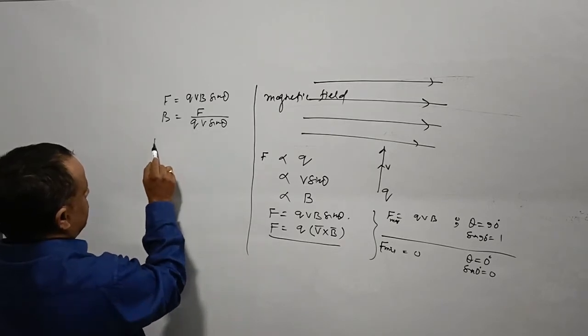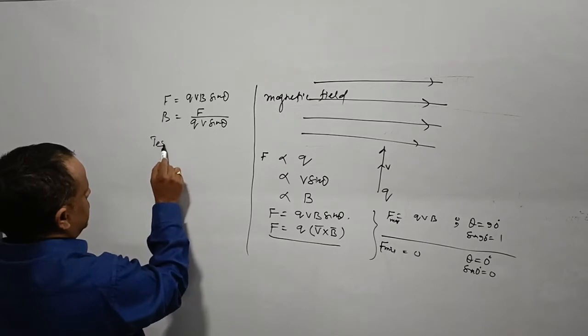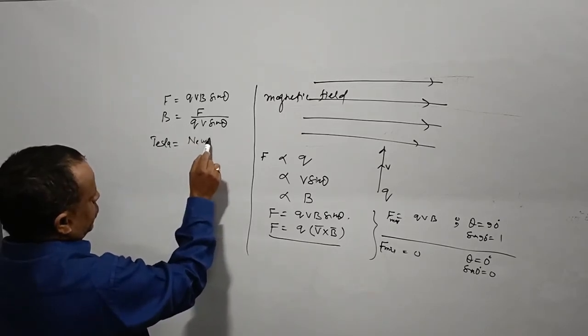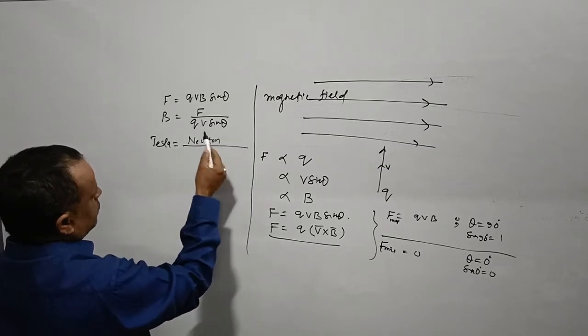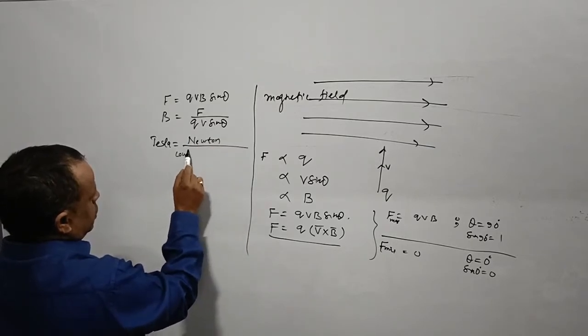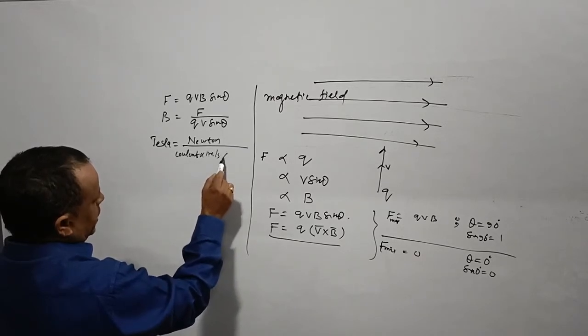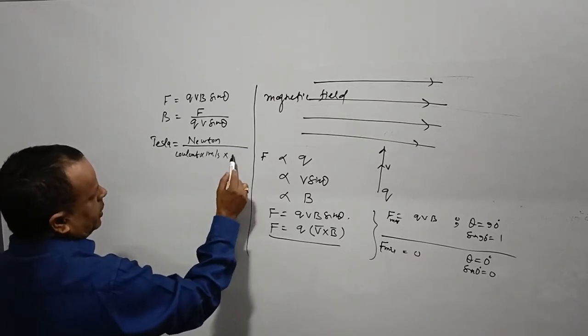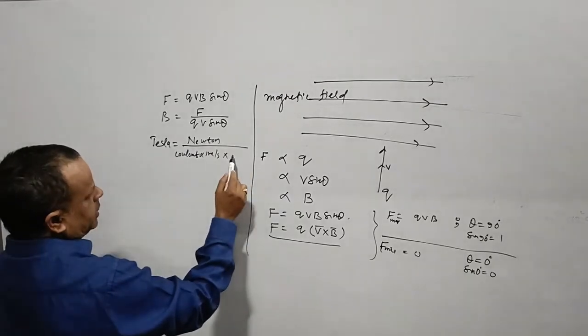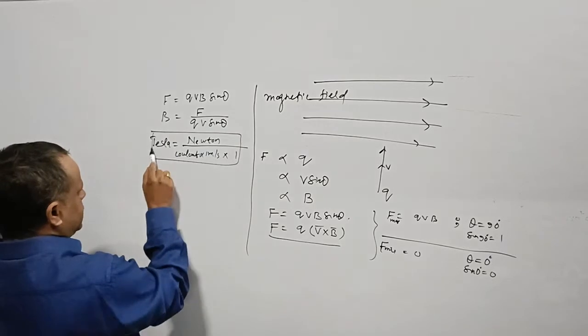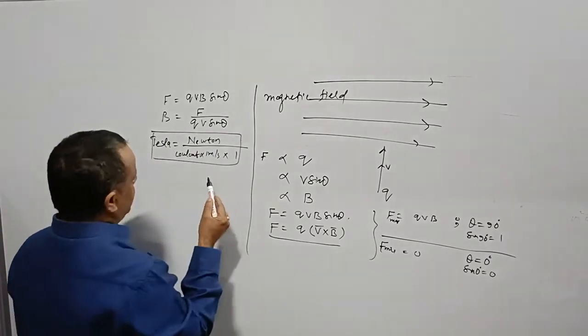The strength of magnetic field is in Tesla, and force is in Newton, and the charge we take is 1 coulomb. Velocity, let us suppose, is 1 meter per second, and it is entering the magnetic field making an angle theta of 90 degrees, so sine theta is 1. What we can say is that magnetic field